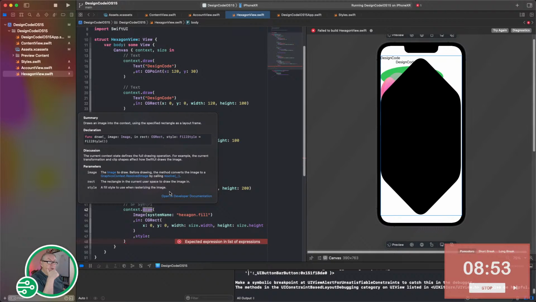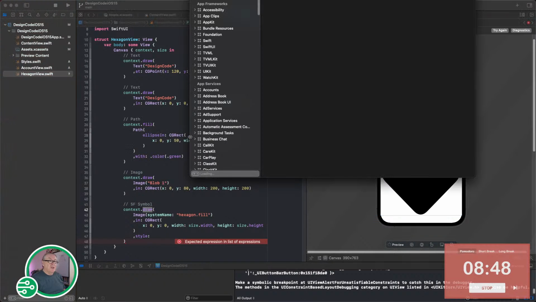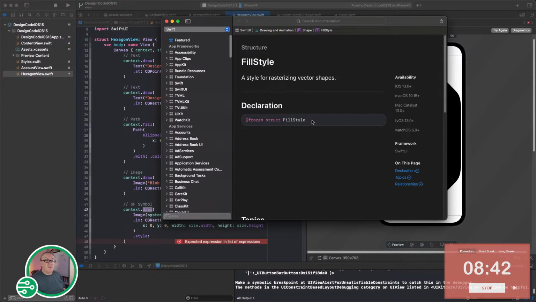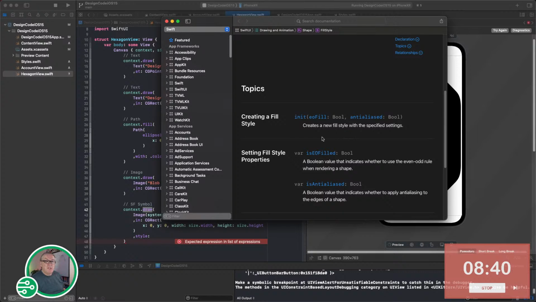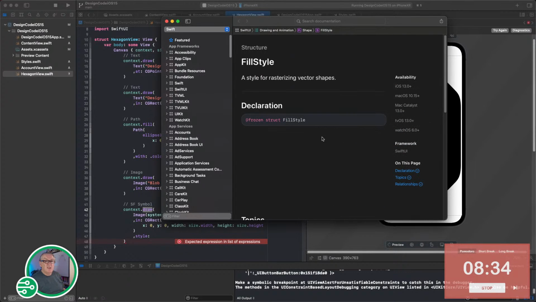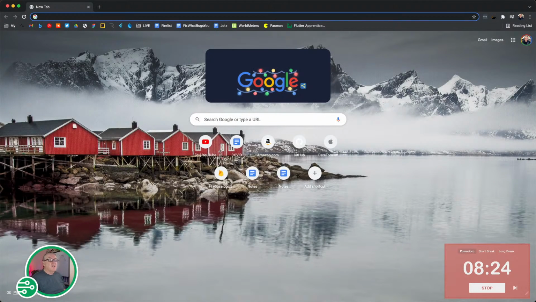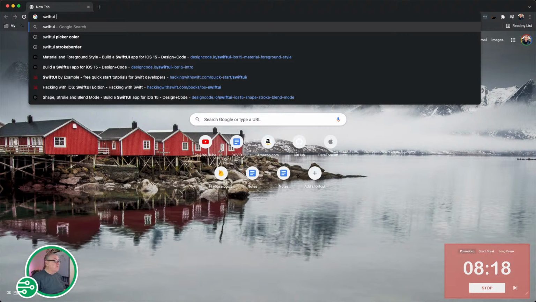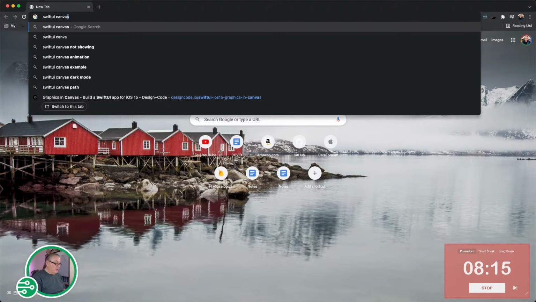A fill style to use when rasterizing the image. Oh, we got that. Oh, click on that. The fill style, no real help. Comparing relationship. Well, we could ask Google. So let's see, SwiftUI can ask